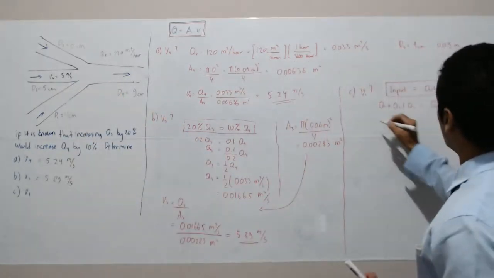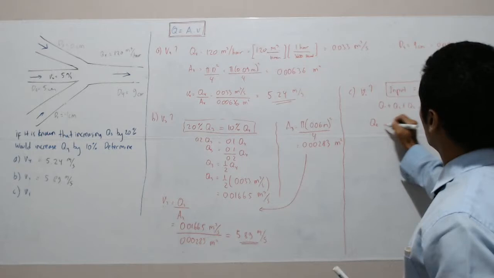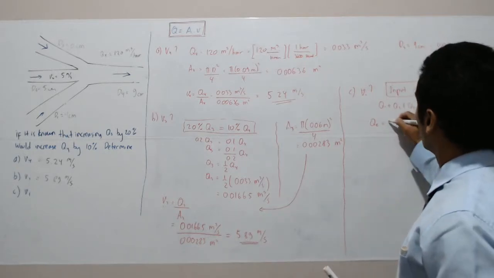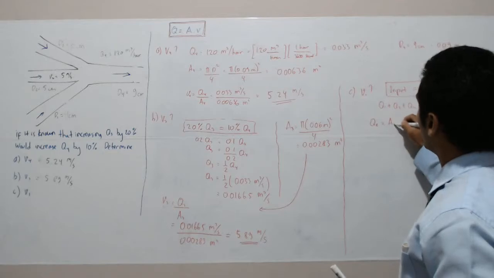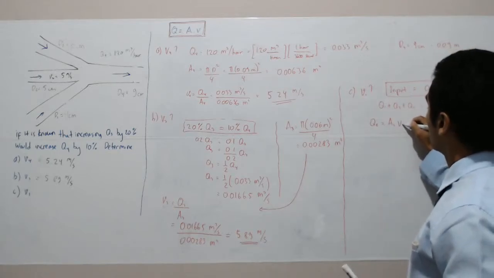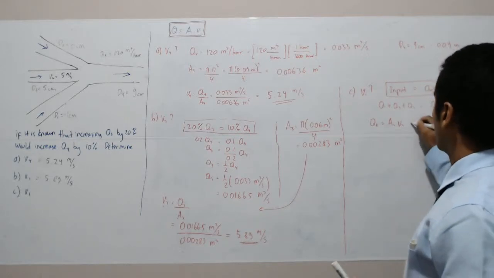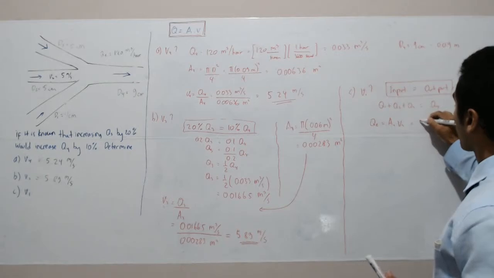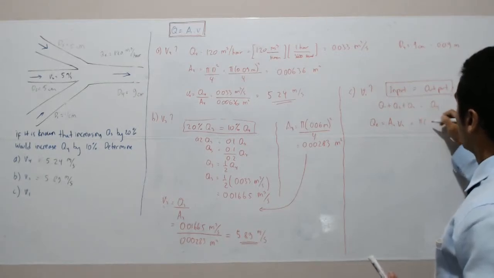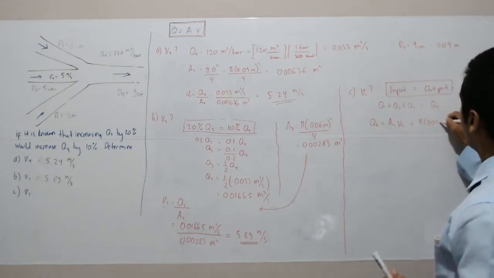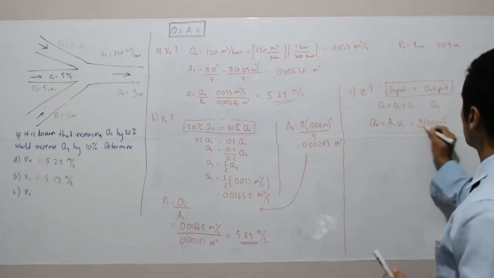So Q2 is equal to the area of the second pipe times the velocity of the second pipe. So it's equal to pi times 0.05 meter squared over 4